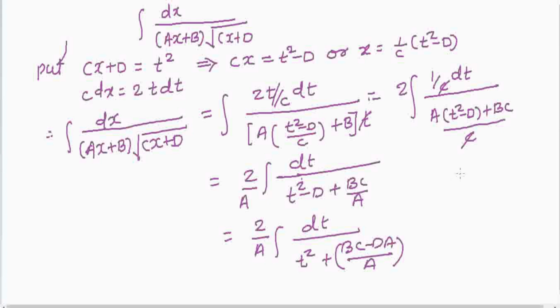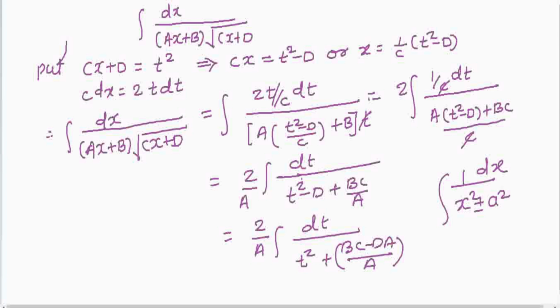So it is converted into integration of 1 divided by x square plus or minus a square into dx. We can apply one of the formulas to integrate such a type of integration. So what is the process? Remember that we have substituted the under root term cx plus d equal to t square, and then this complicated integration is reduced to one of the standard formulas of integration.